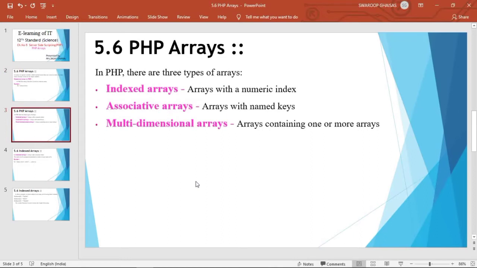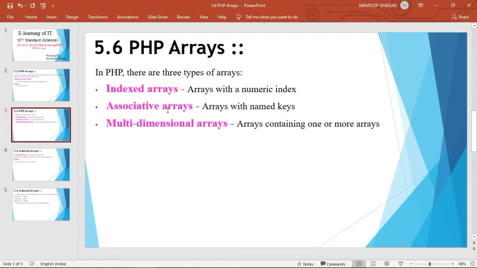In PHP you can create 3 different types of arrays: indexed arrays, associative arrays and multidimensional arrays. Indexed arrays are arrays with a numerical index, and by default the index starts with 0.